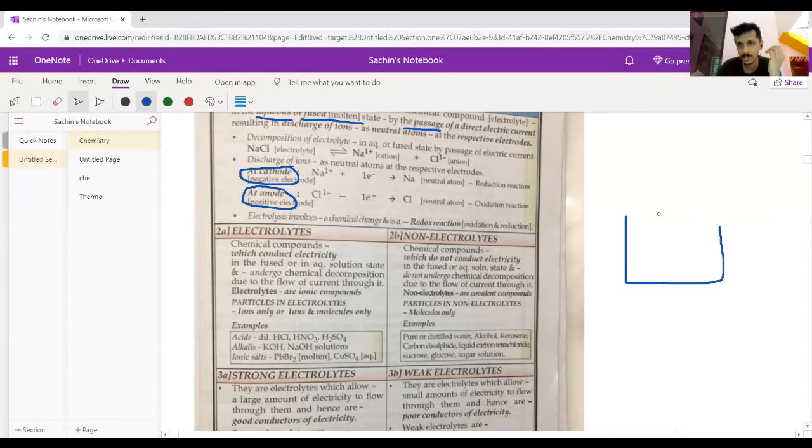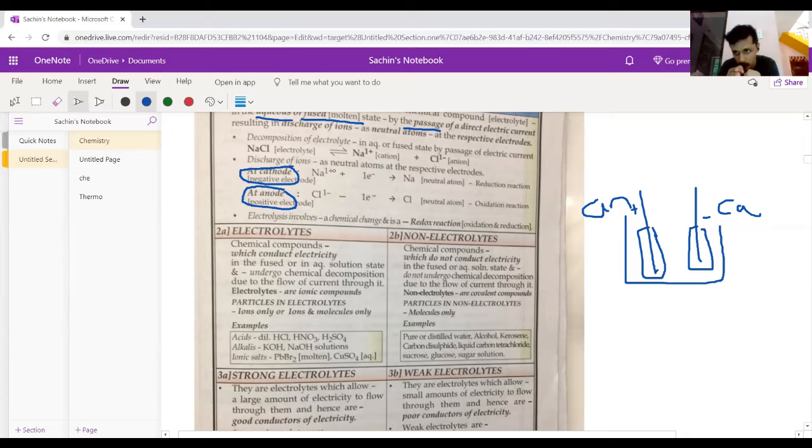We have seen an image. This is a system of an electrolytic cell, and we have electrodes. In an electrolytic cell, we have two electrodes, an electrode having a positive charge and an electrode having a negative charge. An electrode having a negative charge is called cathode, and an electrode having a positive charge is called anode. As we have known, cations have positive charge, and it is only natural that positively charged ions will move towards the negative end. Hence, cations move towards cathode.